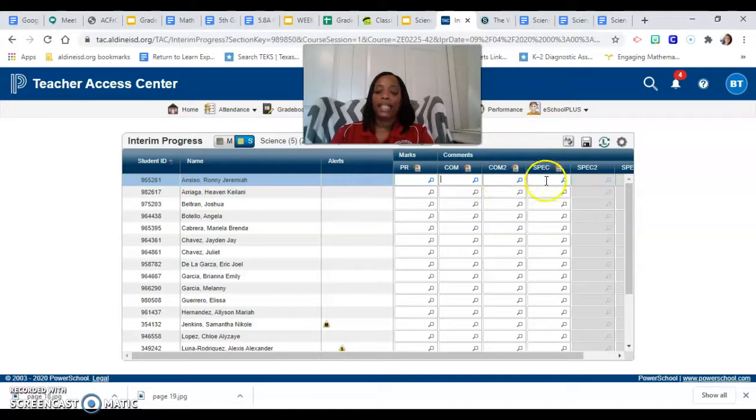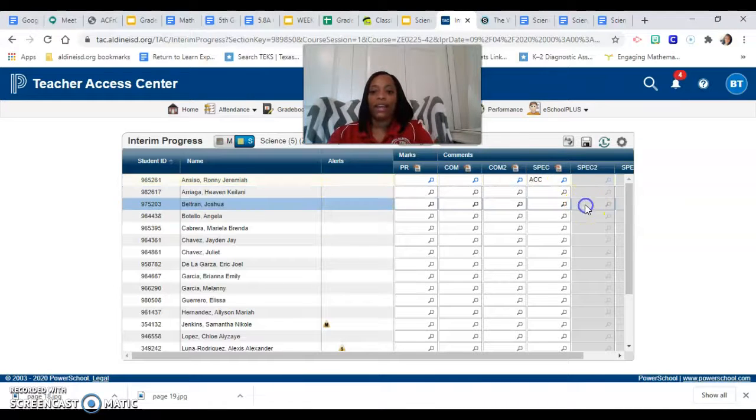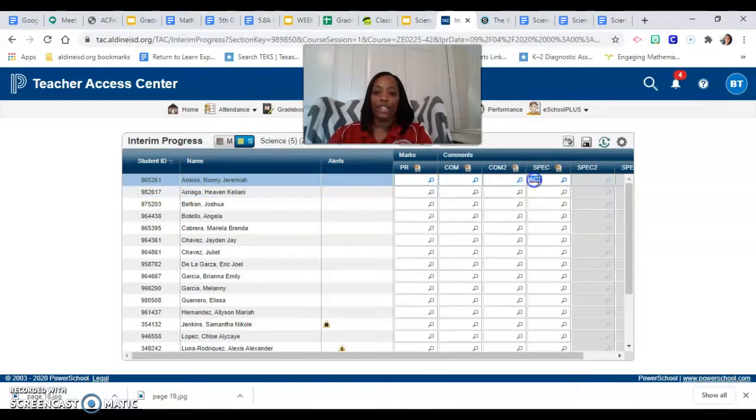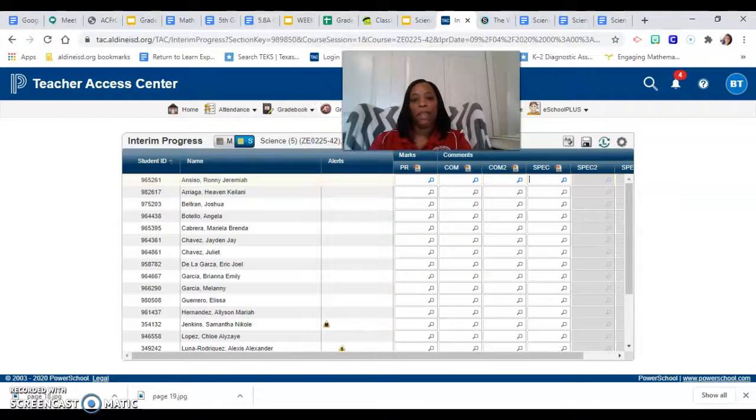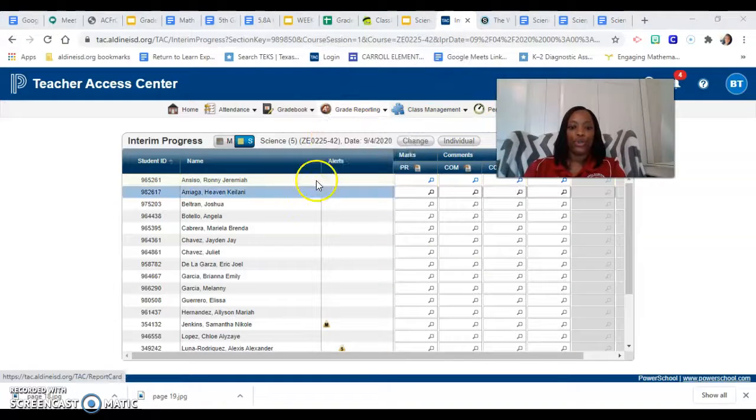The SPEC is for SPED, and most students will have accommodations, and we just put the ACC there, and that means they have accommodations for their assignments. Okay, once you have all of your comments in, you need to click the Save button. Once you have all your comments in, ensure that you click the Save button. And then you need to make sure that you do your comments for all of your